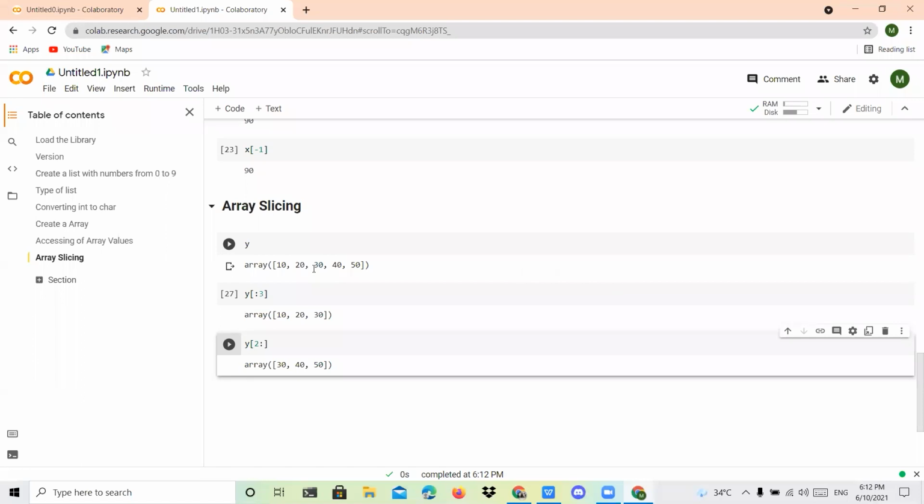So after 2, I have a 30, 40, 50 that will be printed. Okay, so here you can also view the elements of even position or odd position, or also you can reverse your array. That is also possible. How we can use the concept of reversing an array is we can use